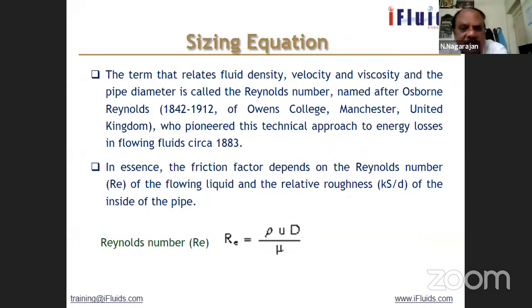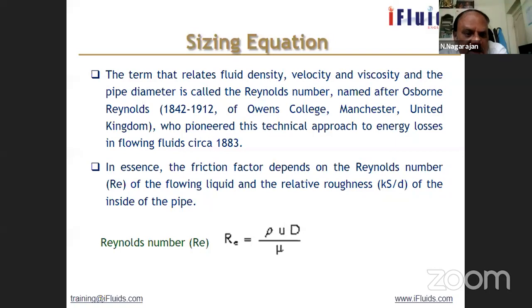So how do we do the sizing of piping? Using these physical properties like density, viscosity, and the flowing parameter of the system, velocity. Osborne Reynolds is the scientist who determined a dimensionless number. These are all called dimensionless numbers, because when you put all the parameters in the particular formula, the units will cancel with each other. Finally, it will become a dimensionless number.